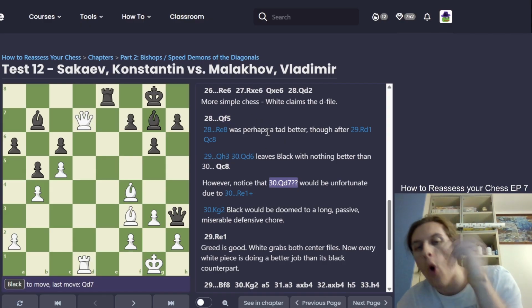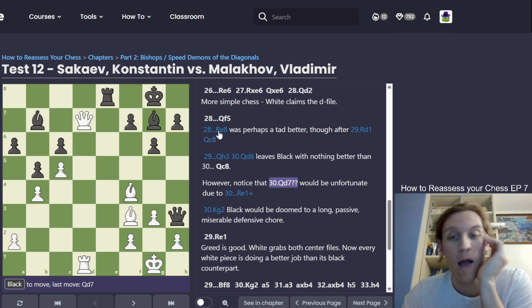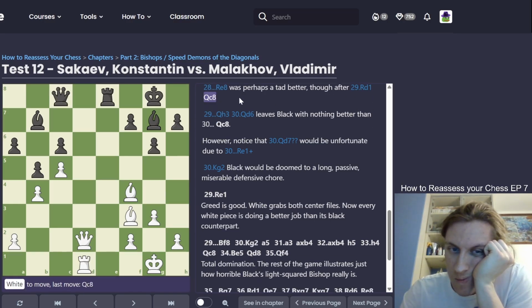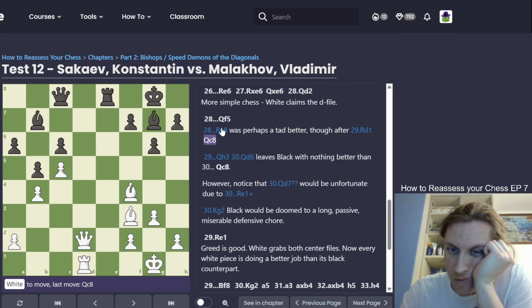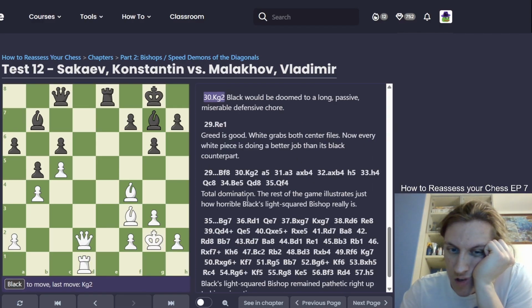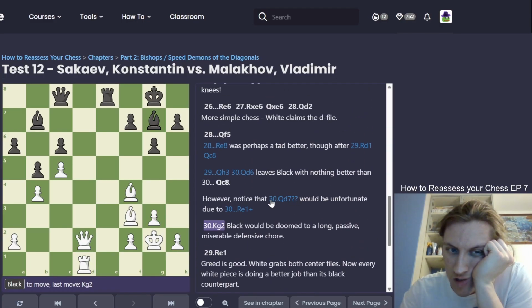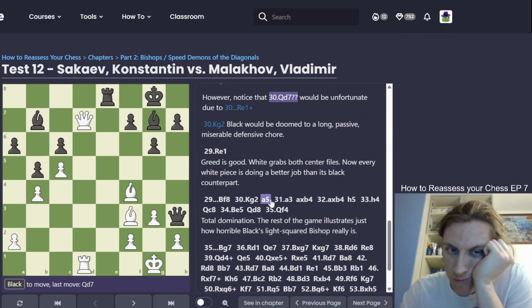It's just so wild. Lichess is much better, with literally the line showing you. This is so weird. But after rook d1, queen c8, king g2, black will be doomed to a long passive miserable defense,